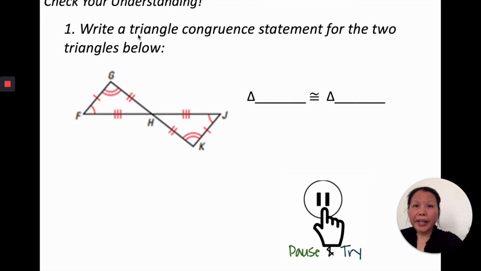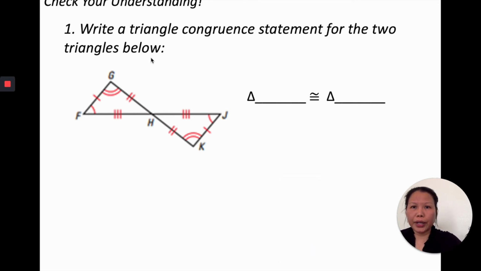Check your understanding. Write a triangle congruent statement for the two triangles below. The first one on the left, I would do alphabetical order: F, G, H. I would put that in first, and then with angle F, I find the matching corresponding angle J, which is F, one arc, J, one arc on the angle. J has to be listed first. The angles with two arcs correspond, and the one without any arc, those are the H, and that would be a vertical angle. They're congruent to each other. FGH,